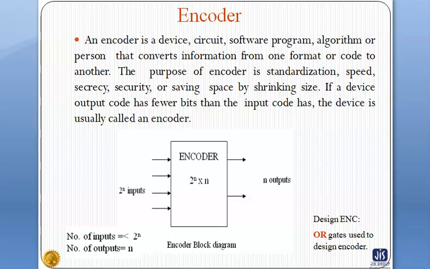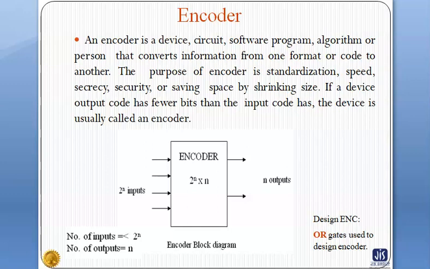We know that binary code of n digits can be used to store 2 to the power n distinct elements. This is what encoders and decoders are used for. Encoders convert 2 to the power n lines of input into a code of n bits, and decoders decode the n bit code into 2 to the power n lines.